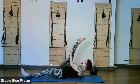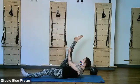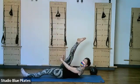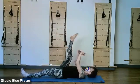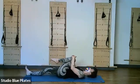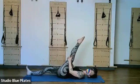Use your hands again. Push your leg into your hands. Stop pressing your leg into your hands. Let your leg come a tiny bit closer to your face, and then use your abs to keep it there. For 4, 3, 2, 1. Come down, other side. It's sneaky, isn't it? Slide that other leg out, hug the knee towards you. Just point your toe, see where you go